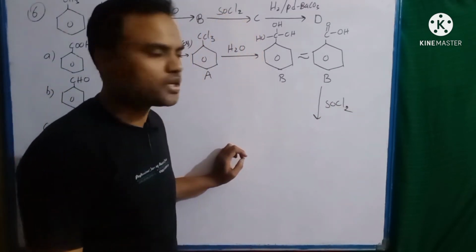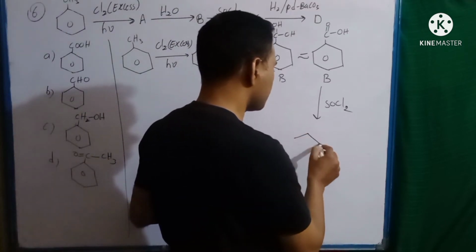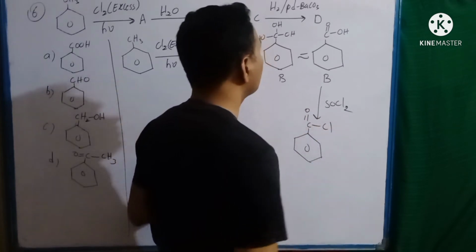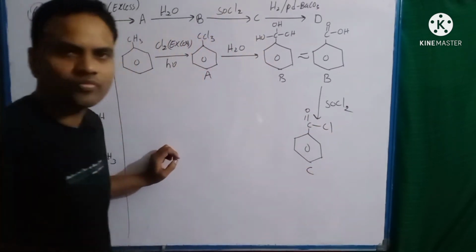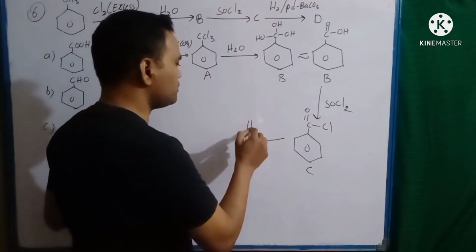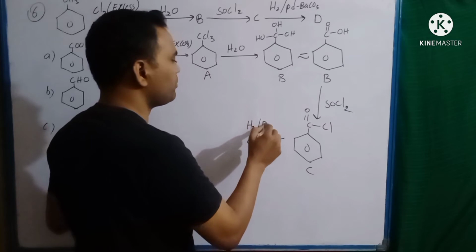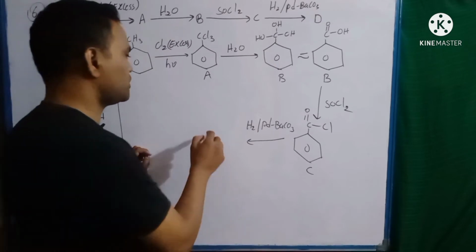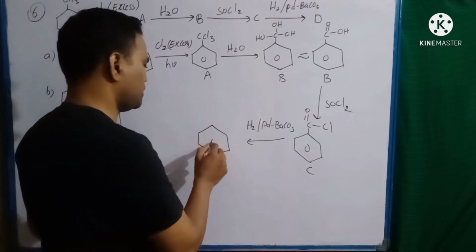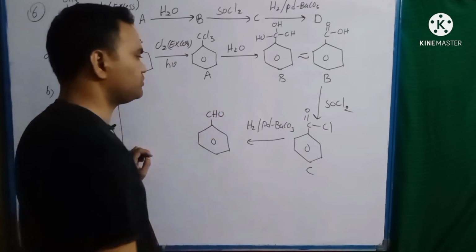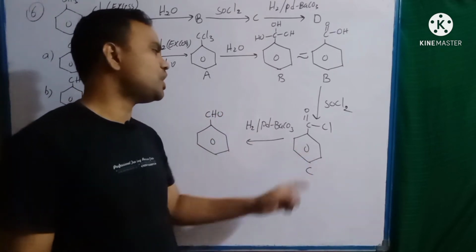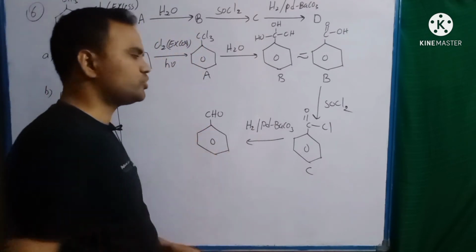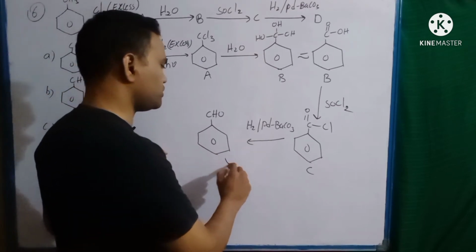OH group in the carboxylic acid is replaced by Cl. So this is C. And C on hydrogenation in the presence of palladium barium carbonate produces aldehyde. This is a famous named reaction, Rosenmund's reduction. Acid halides when treated with hydrogen in the presence of palladium barium carbonate produce aldehydes. So Rosenmund's reduction, this reaction is